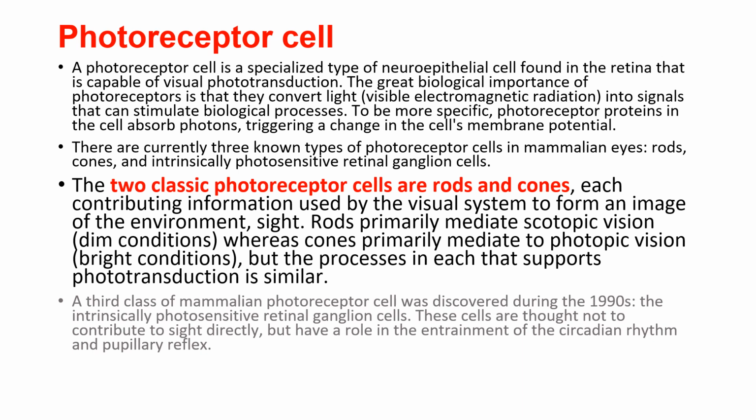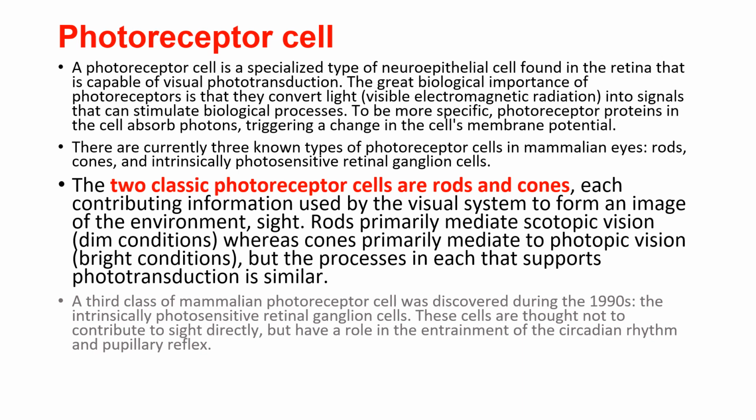Photoreceptor cell. A photoreceptor cell is a specialized type of neuroepithelial cell found in the retina that is capable of visual phototransduction. The great biological importance of photoreceptors is that they convert light, visible electromagnetic radiation, into signals that can stimulate biological processes. To be more specific, photoreceptor proteins in the cell absorb photons, triggering a change in the cell's membrane potential. There are currently 3 known types of photoreceptor cells in mammalian eyes: rods, cones, and intrinsically photosensitive retinal